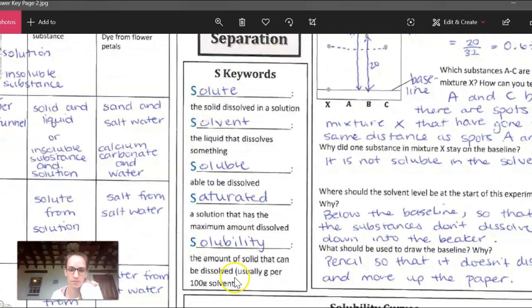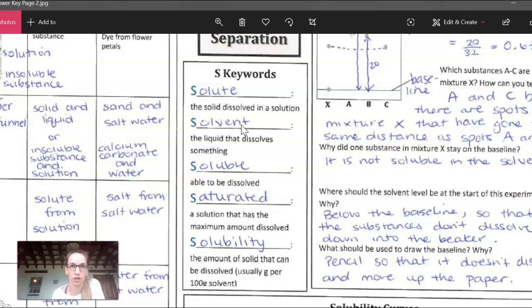So if you look here, there's quite a few words to remember about solutions. The first two are the ones that students always mix up. So solute is the solid that dissolves. That's the salt that we use, or copper sulfate, any solid that's dissolved. The liquid that does the dissolving is called the solvent. In our lessons, we usually use water, but there are plenty of other solvents like alcohol,